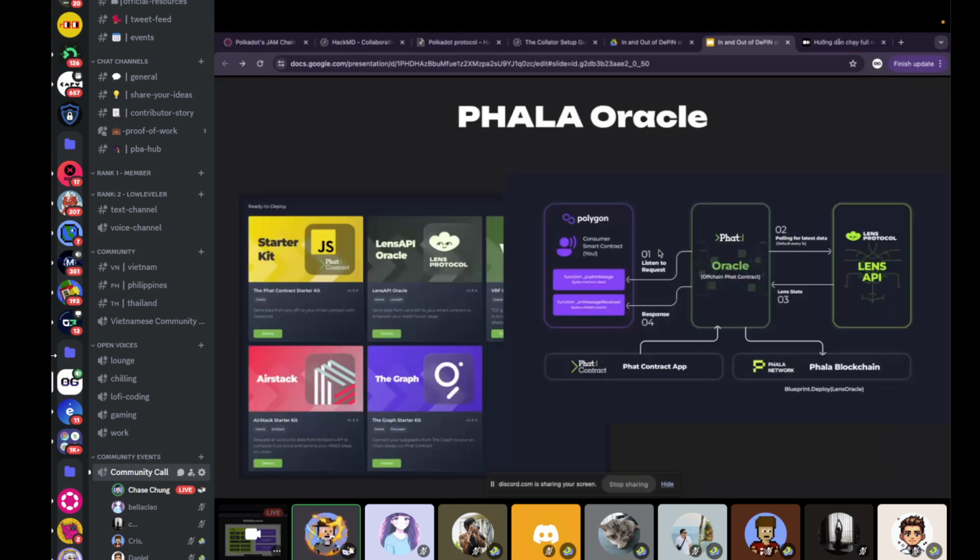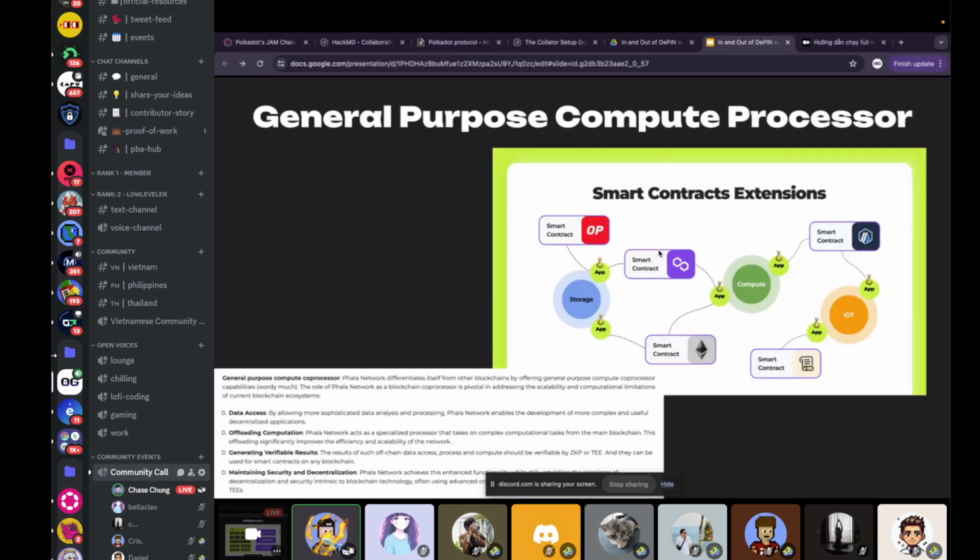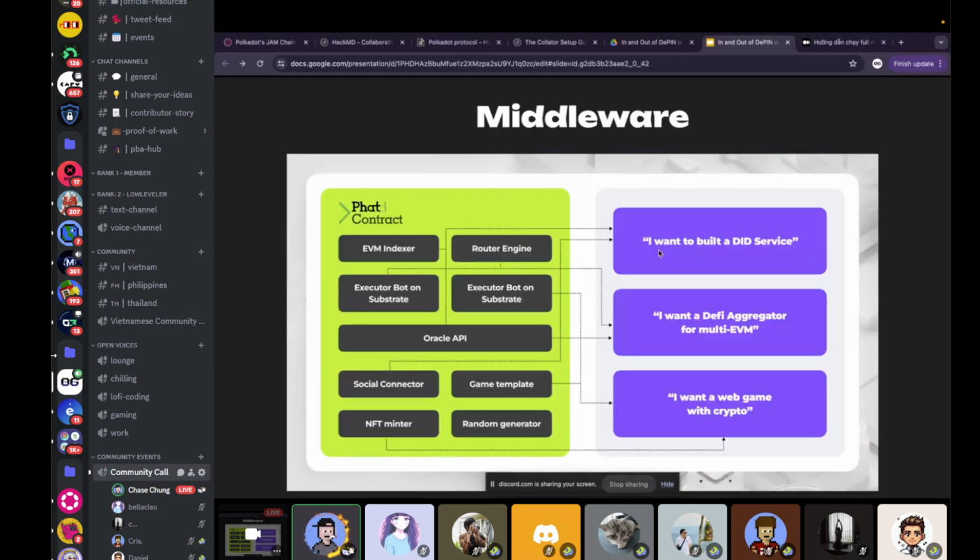So as I understand, middleware or Phala Oracle and all the general purpose compute processors, the interface of it is going to be the smart contract, right? This depends on how you define the interface.